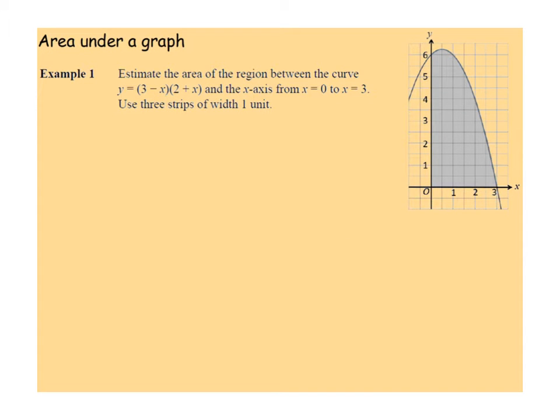Okay, so we're shown the curve y = (3 − x)(2 + x), and we're asked for an estimate of the area in the region from x equals 0 to x equals 3, so basically everything that's shaded on the diagram. And they've also told us here to use 3 strips, each of width 1 unit. So we know that our strips, or trapezia, are going to have edges that look like this,